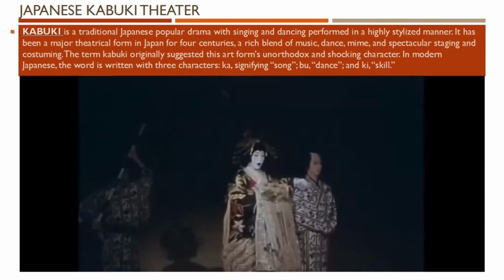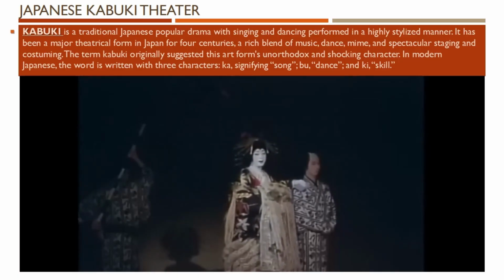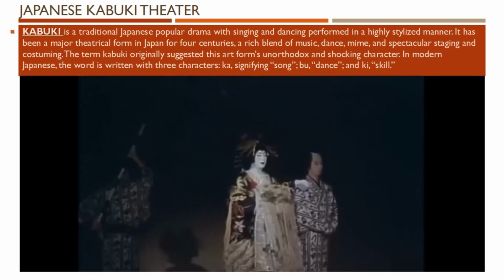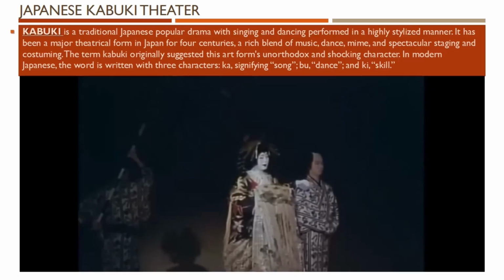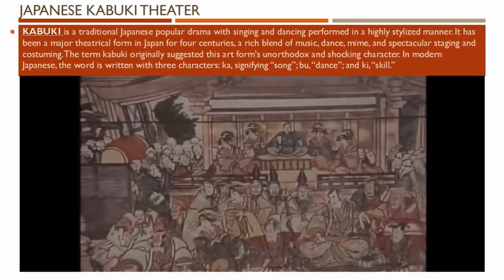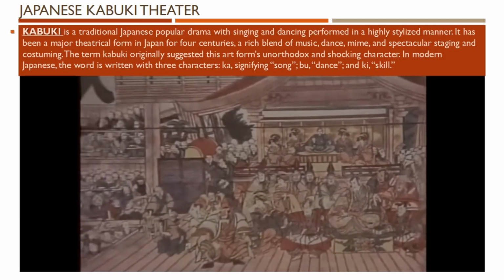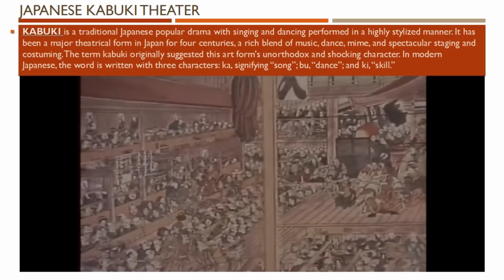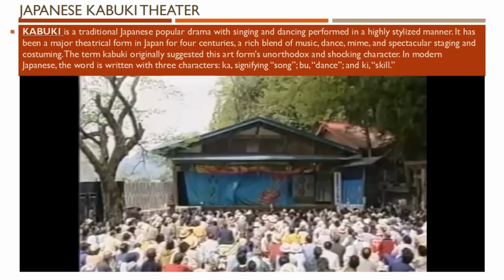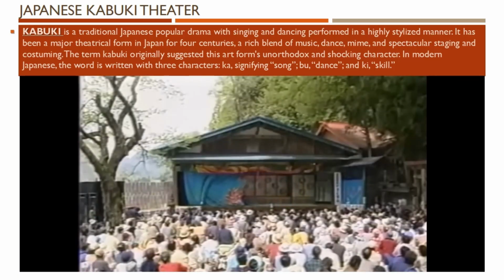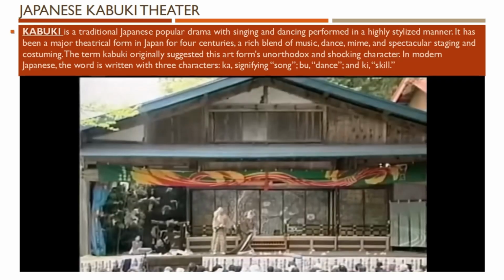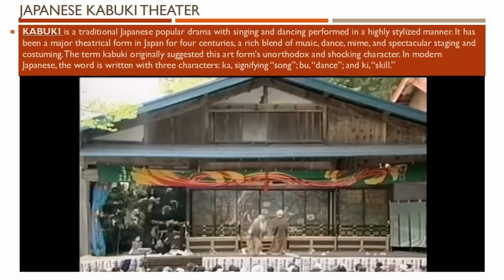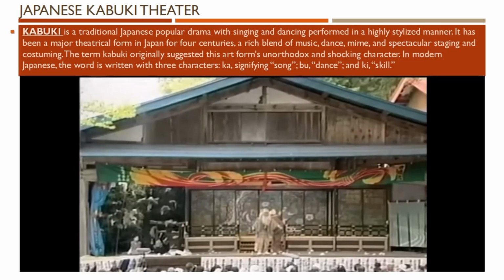Kabuki is a Japanese traditional theatre form which originated in the Edo period at the beginning of the 17th century and was particularly popular among townspeople. After 1868, when Japan opened up to Western influences, actors strove to heighten the reputation of kabuki among the upper classes and to adapt the traditional styles to modern tastes. Today, kabuki is the most popular of the traditional styles of Japanese drama.